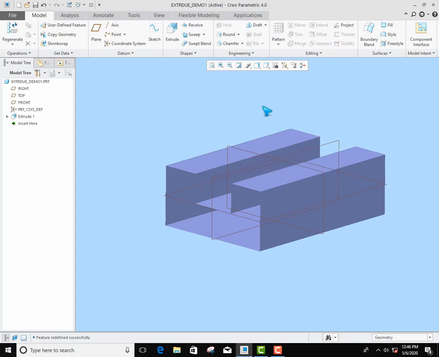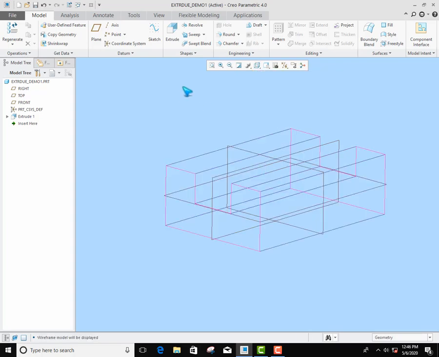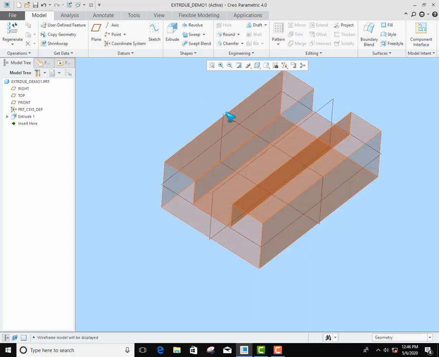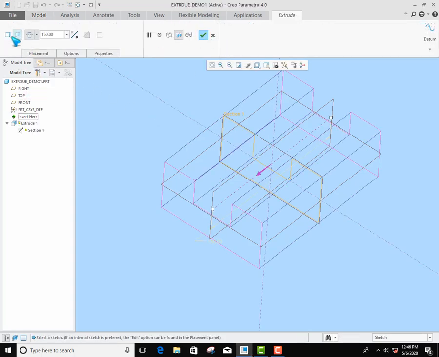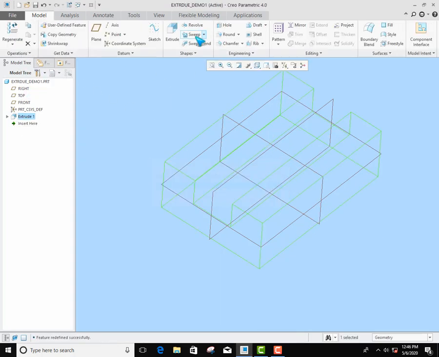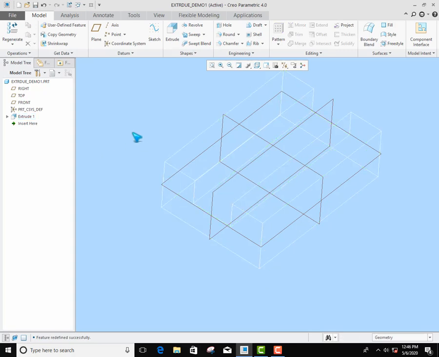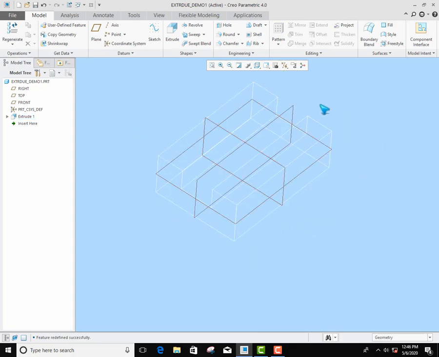Solid and surface you can differentiate using wireframe. In wireframe, whatever is extruded as a surface will show as purple lines. If you convert this into a solid, it will be in another color, like white, though this coloring depends on your background color.